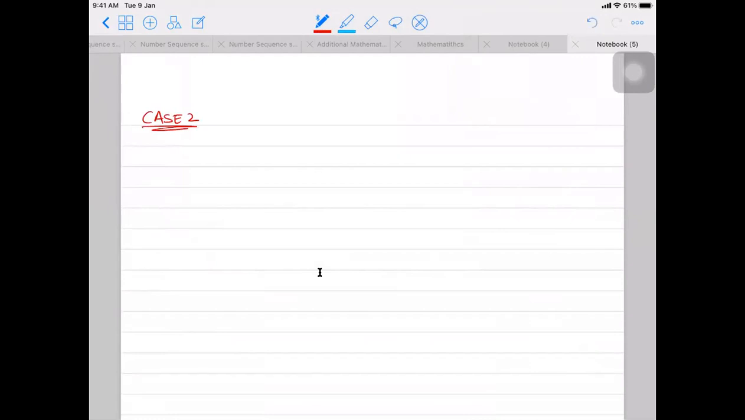These are the cases for integrating trigonometric functions. So case 1 was dealing with the odd powers of sin x and cos x. Now we are going to do case 2 for even powers of sin x and cos x. So whenever we have even powers of sin x and cos x, for example,